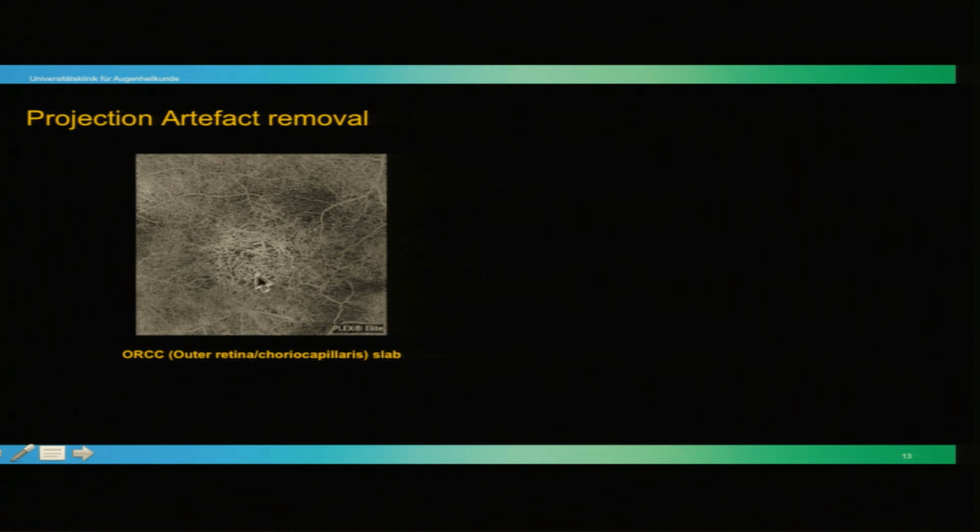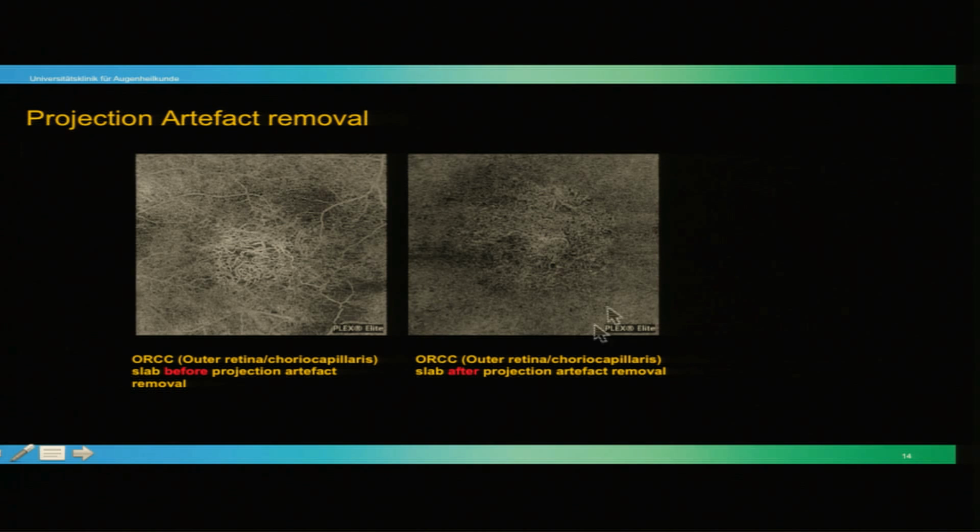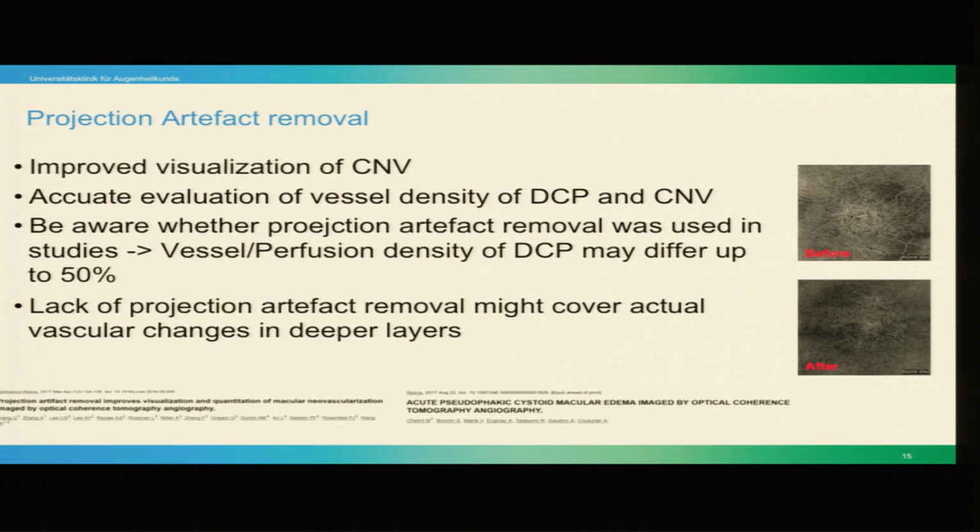For example, when you look at this image here, it's a slab of the outer retina and choroid capillaries. You may think, is there a CNV, is there no CNV? And when you do the projection artifact removal, you see that it looks completely different, and you can definitely see that there is no CNV lesion there. So projection artifact removal really helps us improve the visualization of CNV,